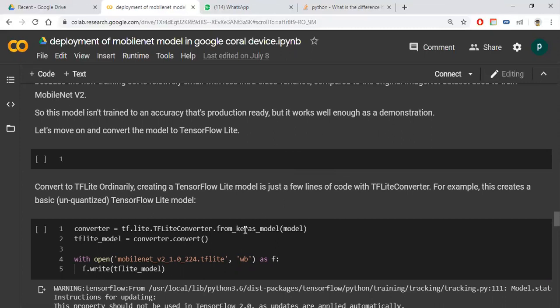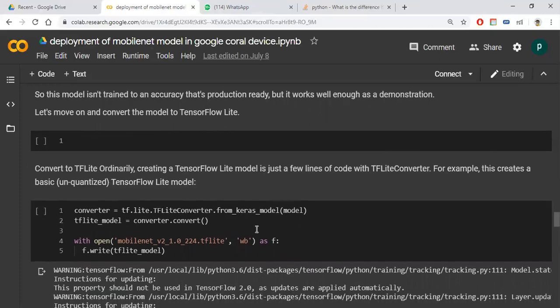I am using a Keras model now, that's why I'm taking this method. If you are not using Keras, you can select another method.